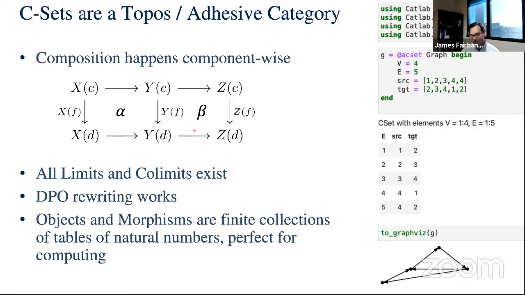And so here's the example for graphs worked out in Catlab code. We've got some imports up here. Then you declare a graph with this macro that defines a domain-specific language for specifying CSets. You say it's going to be of type graph. It's got 4 vertices and 5 edges. And here are the source and target maps. If you take these 2 arrays together, that's the edge list encoding of a graph. So the edge from 1 to 2, the edge from 2 to 3, 3 to 4, 4 to 1, 4 to 2.